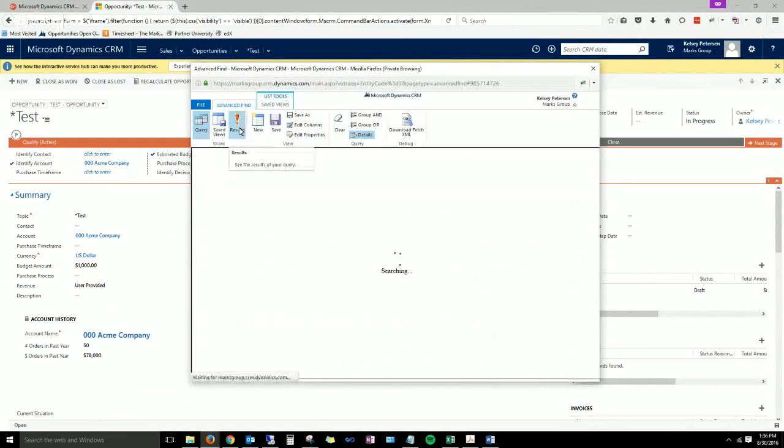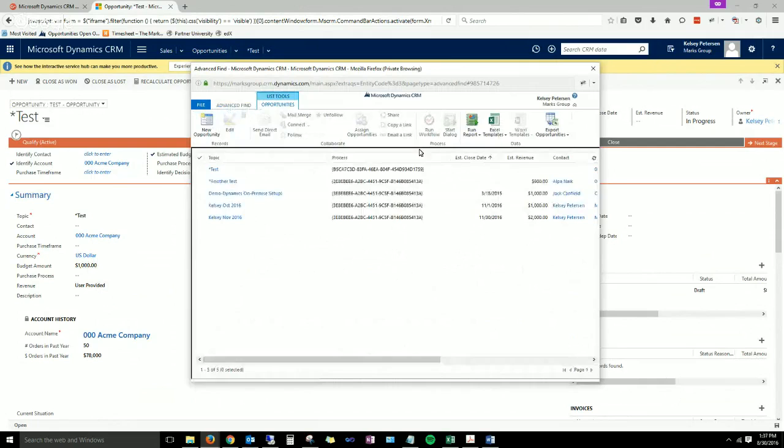And when you check out our results, you'll see most of my open opportunities have this process ID that ends in 413A, except this opportunity has the process ID of the new process that I just activated and assigned to it. So now I know that this is the process ID that I want all of my opportunities to use. So what you can do is